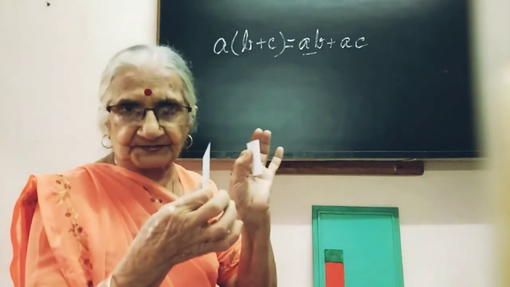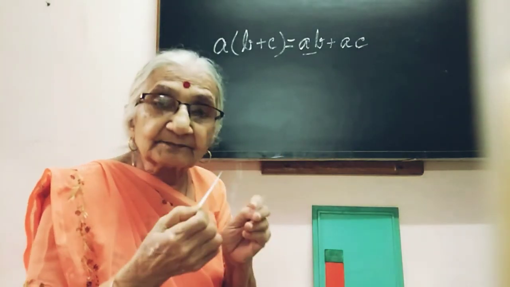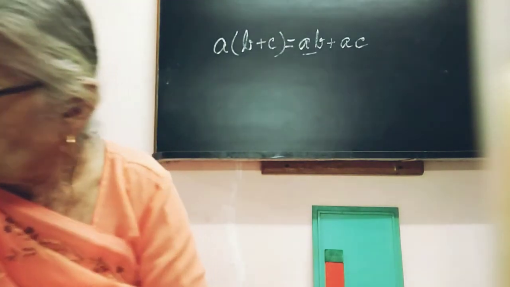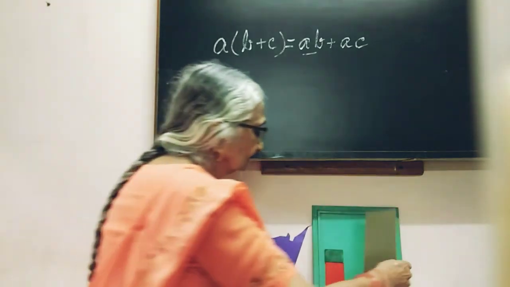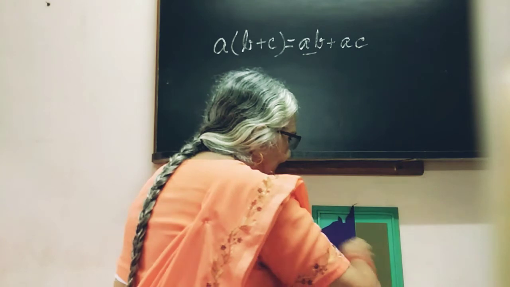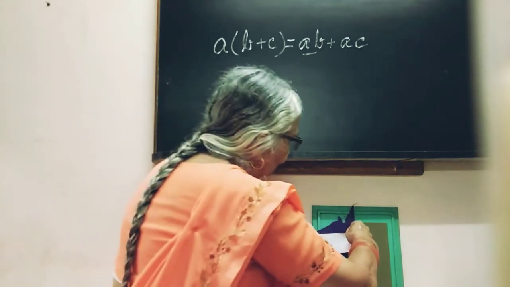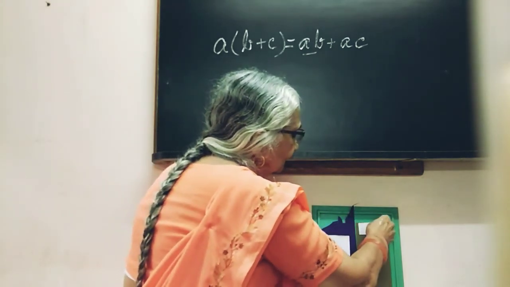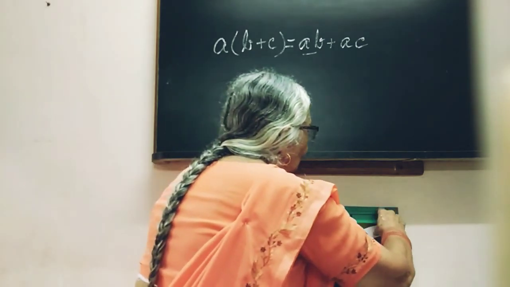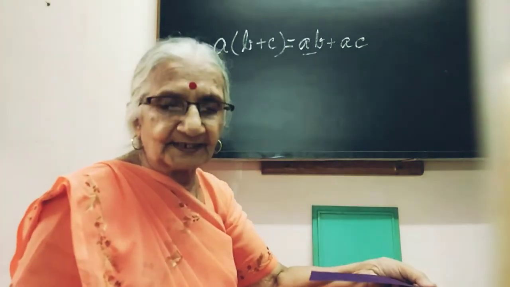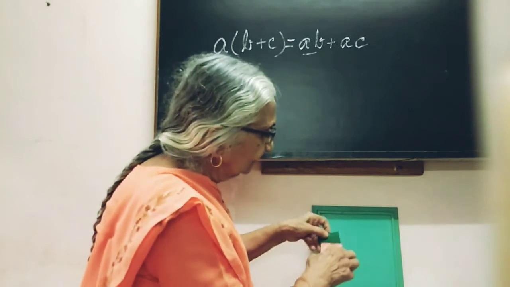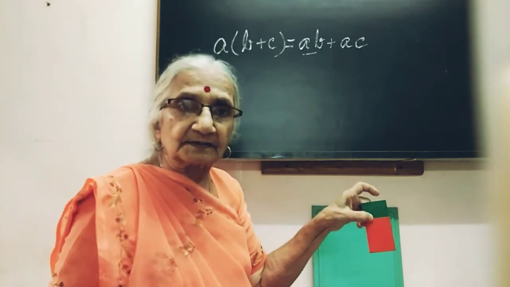So now I have two pieces. I wanted them on colored paper. Take two colored papers. On one you put this, on the other you put this, and cut off the colored paper, and there you go, a purple rectangle and a green rectangle, and that makes up the model of A into B plus C.